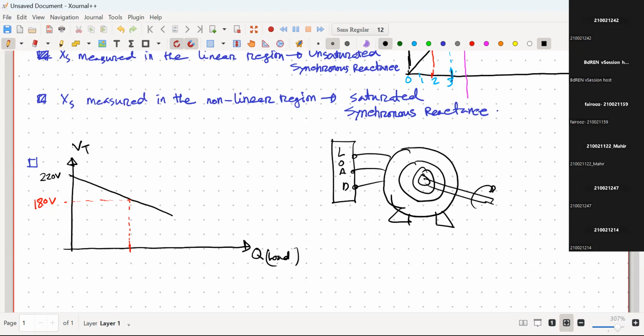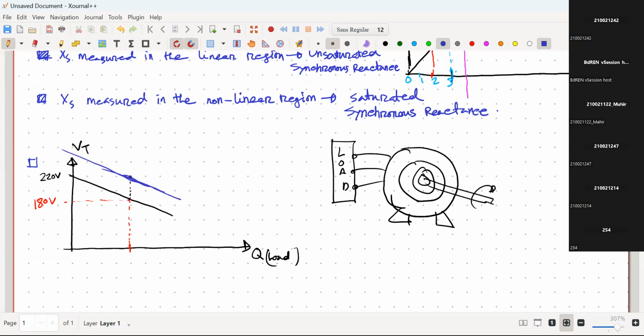We need to increase excitation. Very good. Suppose from here I'm getting 180 voltage, so I need to increase excitation in a way so that this point comes here, to 220 voltage. So whenever this point comes here, with this excitation and this amount of load, I'm getting